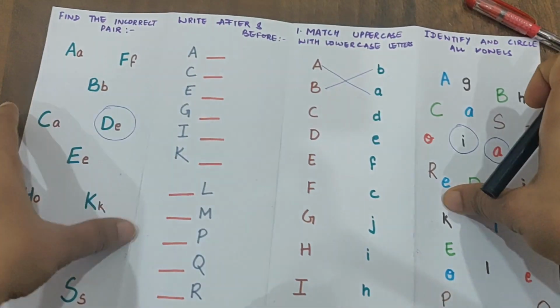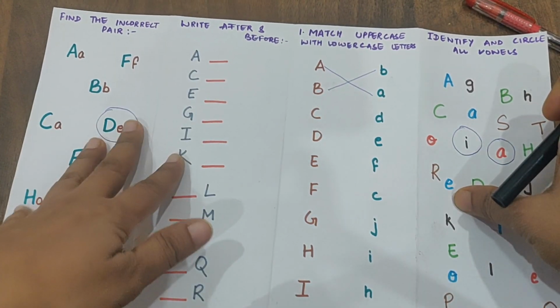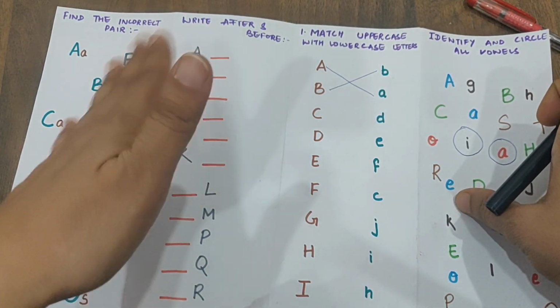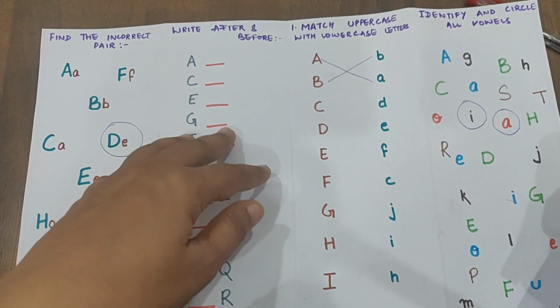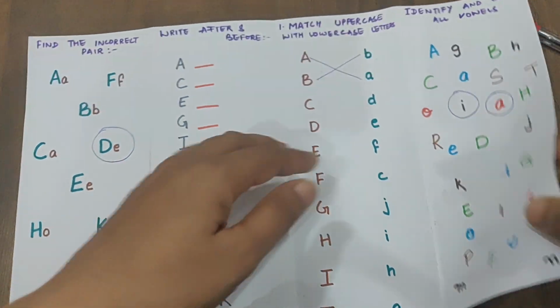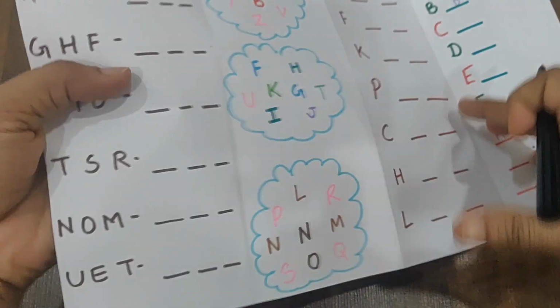Now moving on towards the next sheet. So the first 4 different types of worksheets, which you can give on a daily basis to figure out the progress of your child related to the English language, are done. Moving on towards the next type.